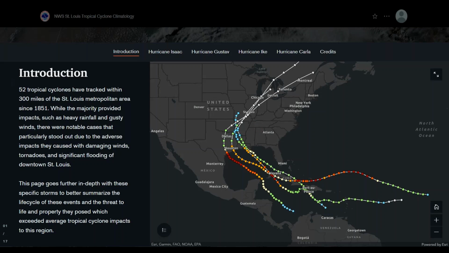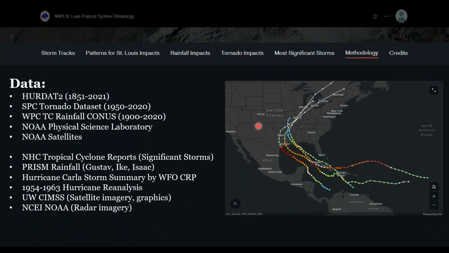That being said, I wanted to also acknowledge all of the different data sources and things that went into creating such a TC climatology page. So the HURDAT2 was the primary data source for all of the TC data points and the tracks that were created as a result of those data points in the HURDAT2 CSV file. I wanted to make sure that was consistent throughout, so we made sure that it was a consistent data source for the North Atlantic